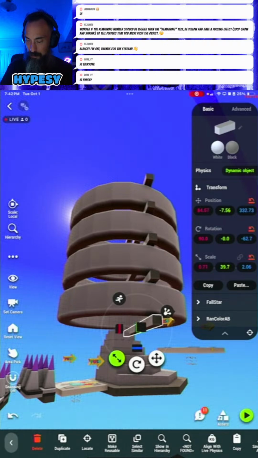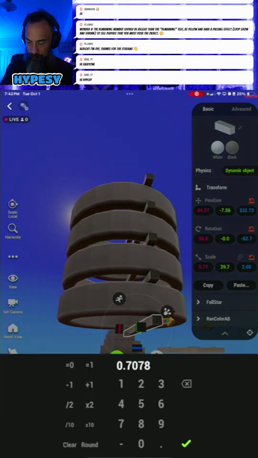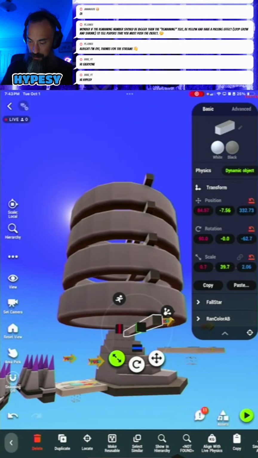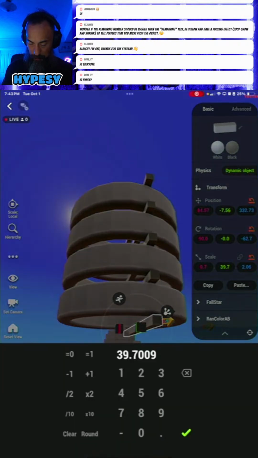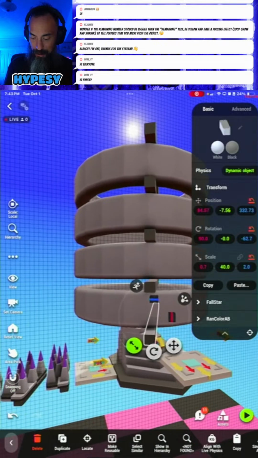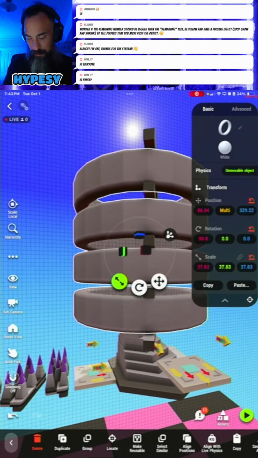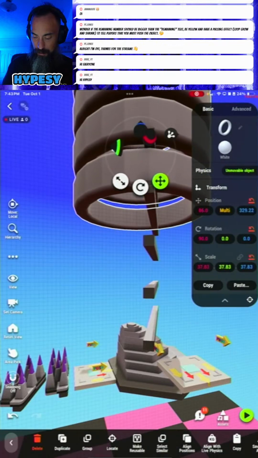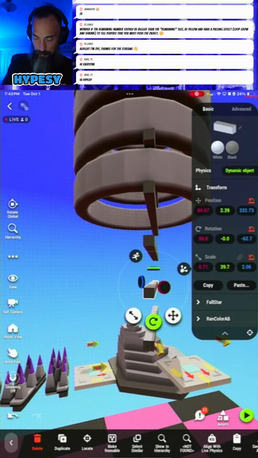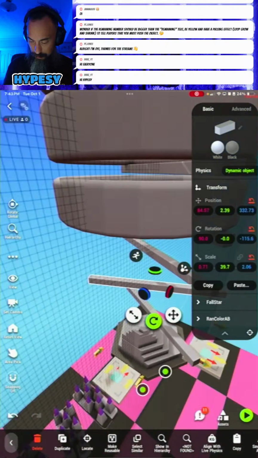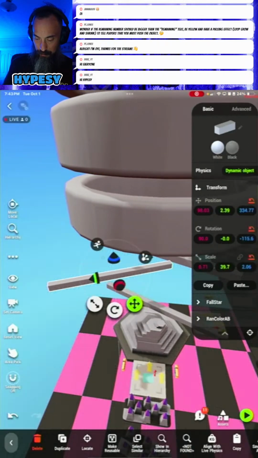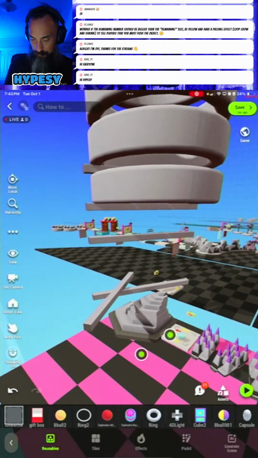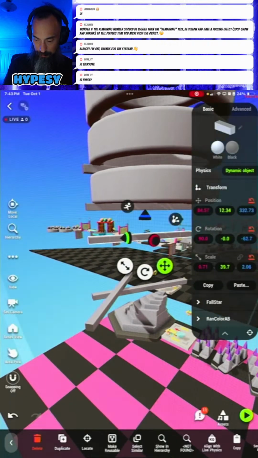Let's make 7, 40. I mean, I don't think I actually need these. They're kind of cool, so I could just make like a staircase.